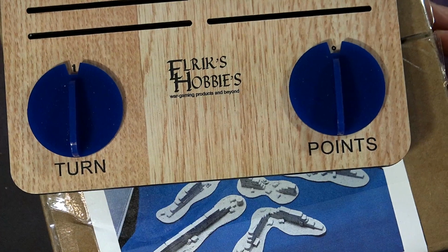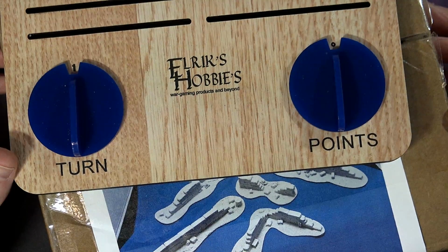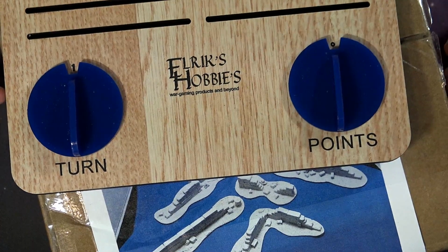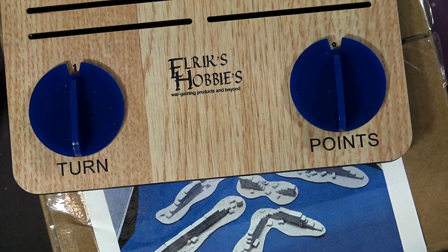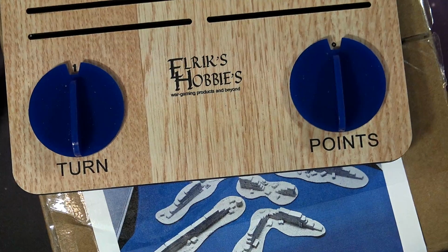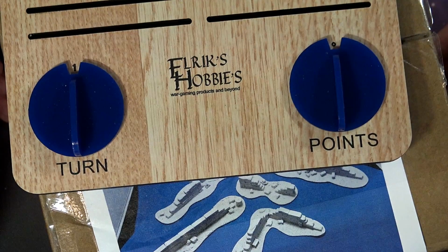What's up, Hobby Maniacs? Baer here with you again today, taking a look at Erik's Hobbies offerings for this month. Now, they got a lot of cool new stuff. They're always one of my first stops for resin bases, but now they've come on strong with all sorts of different game aids, resin, terrain. They actually stock Scale75 paints now, which is really hard to get here in the States, so I'm really stoked about that. I can't wait to get some of that, and some of the games and gears, brushes, and games as well. But I wanted to show you a sample of some of their new resin baseline, and